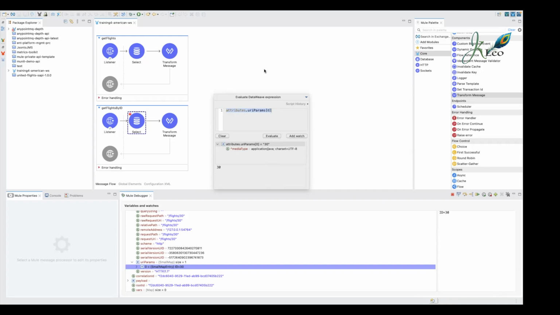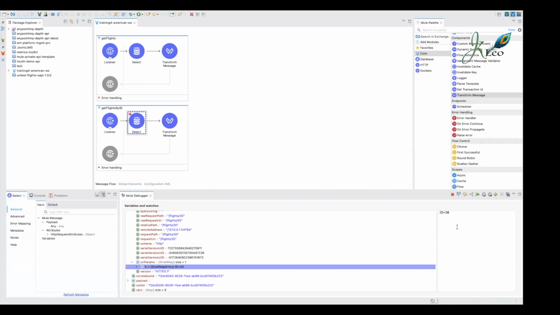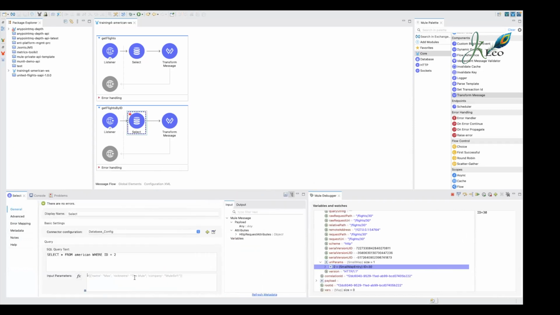So this 30 has to be sent inside this data view, right? Does it make sense or no? How I am getting the value? Yeah, it's a little confusing. To make it easy,